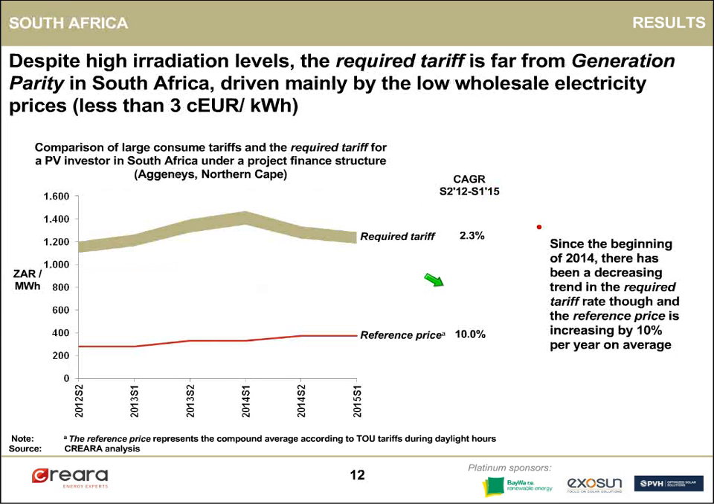South Africa. South Africa has actually very high irradiation levels, but the required tariff nevertheless is far from generation parity, and this is mainly driven by the low wholesale electricity prices. You can see here the reference price is actually below 3 euro cents per kilowatt hour. And even though the reference price has been increasing on average by 10% per year, the required tariff, looking in the long run,